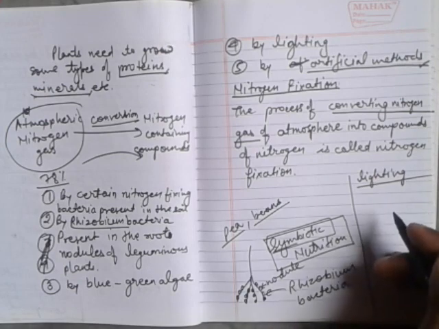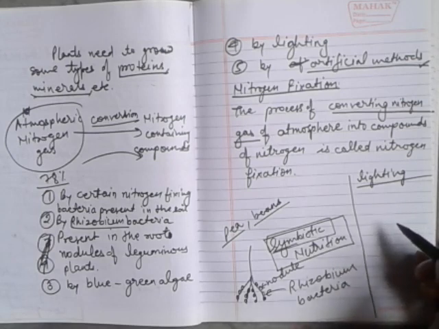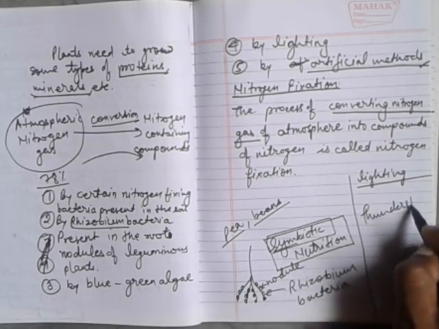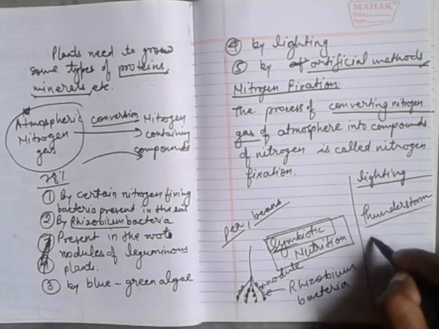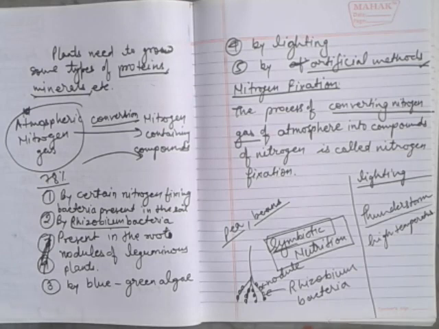When lightning takes place in the sky during the thunderstorm, a high temperature is produced. During the thunderstorm, as all of you know, a high temperature is produced, and at this high temperature,